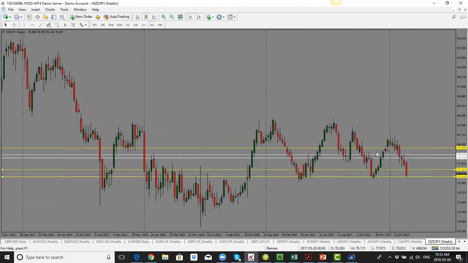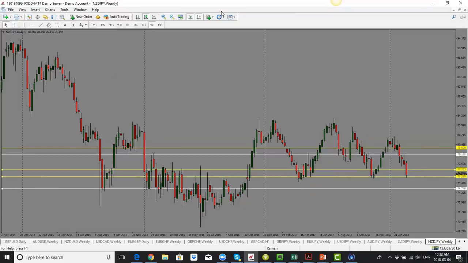Last one here, New Zealand yen, looking very bearish. But just like CAD yen, we are at that important level, which price has not broken in a while. So in this case, again, we just have to watch out for pullbacks, and we could get pullbacks into this 72.20 level and then a further drop. But it's important to see if the price will break out below this level before going all out short here. The target is 74.80 to the downside.